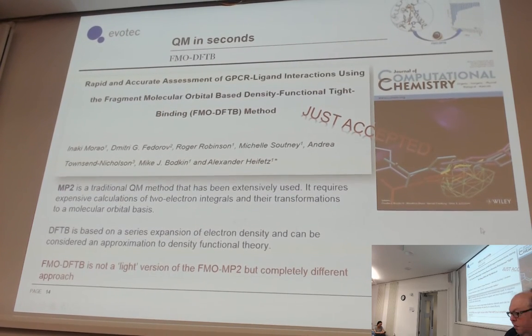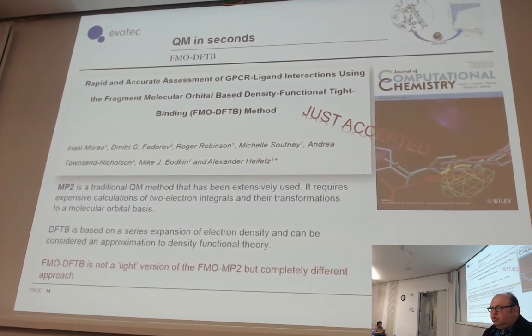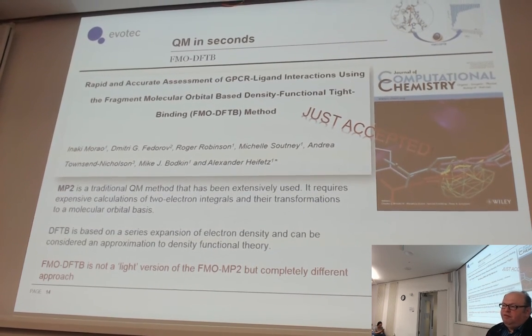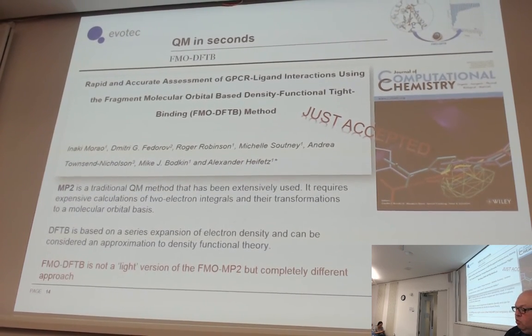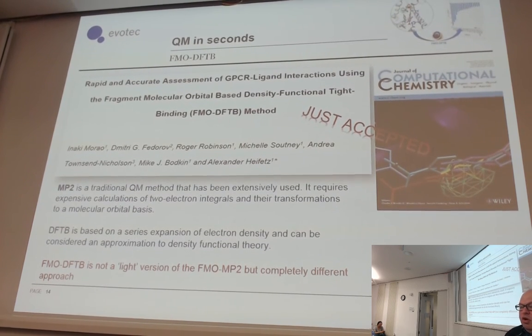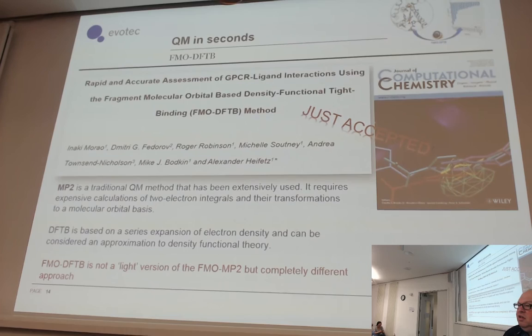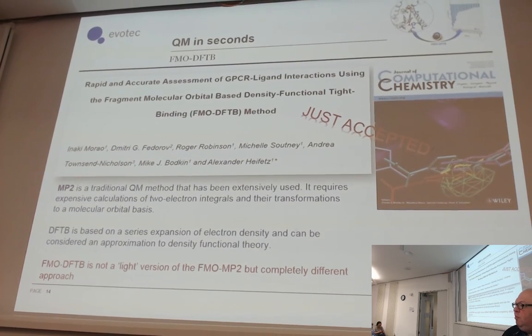Okay, but until now the problem with FMO was that it required a high resolution structure. If you're working on a project, it requires that you have at least one crystal structure. And then you can dock and do other stuff. But usually this is a luxury. In a project you don't usually have a crystal structure for your particular ligand of interest. You usually do homology modeling, you do docking, and then is where most QM methods fail,